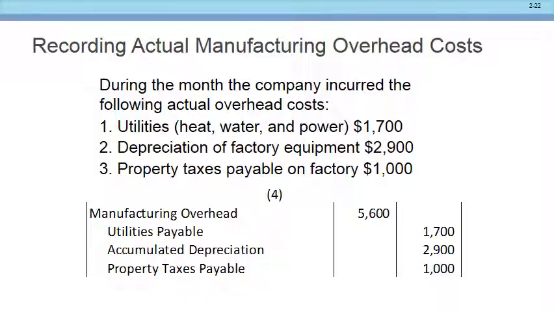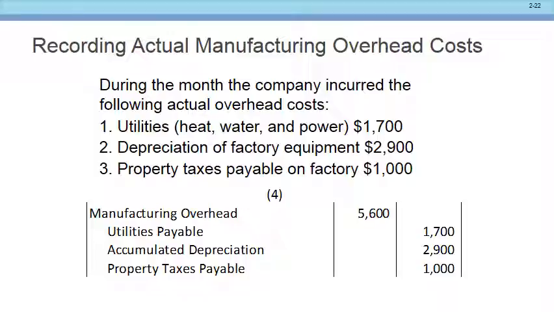So we debit the manufacturing overhead. We do what? We credit all these different items along the lines. There's your property taxes. What was your name, sir? Omar, you wanted some property taxes? There you go. They got the property taxes as well, right? And they put that into that overhead account.